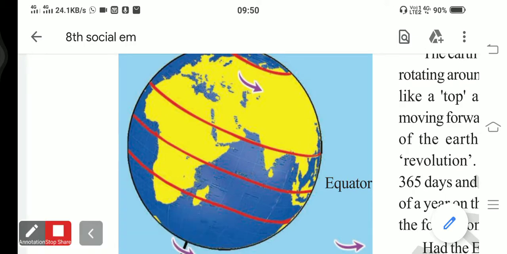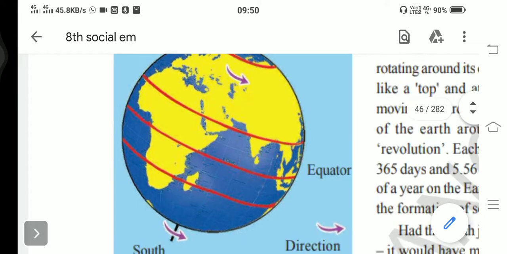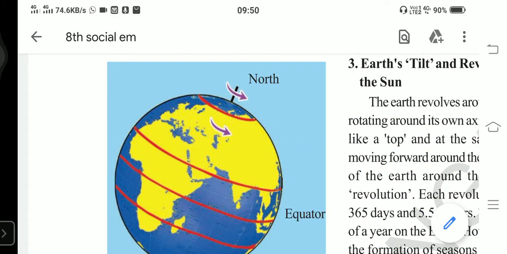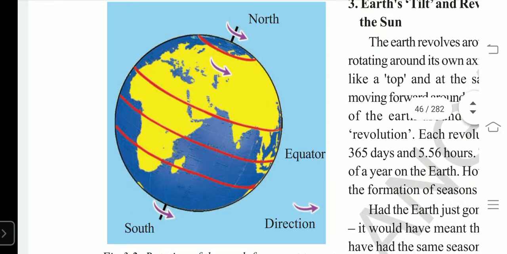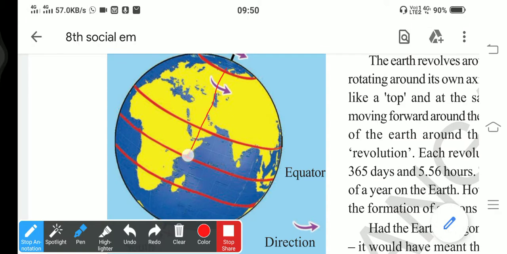What is the line here? An imaginary line that connects north and south. Let me show you. This is a line here, north to south. This line we call